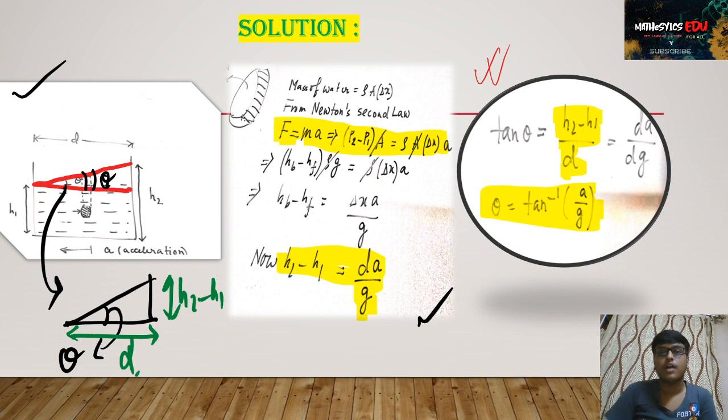Now, the thing that is most beautiful about this problem is that when you accelerate a fluid, it manifests itself in such a way that the height of the liquid rises in the opposite direction. See, the acceleration is from right to left, but the increase in height is from left to right. This is the beauty of the problem. You can also do it by experiment, because physics must always be learned with experiment if possible.